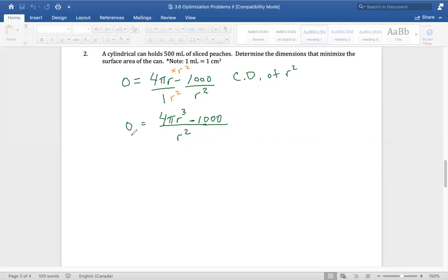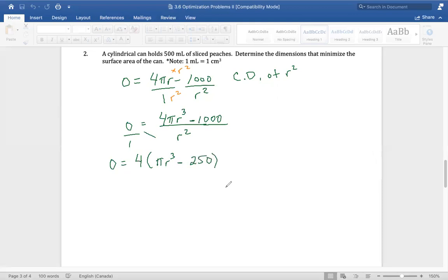Set that equal to 0. Again, 0 is just going to be equal to the numerator, right? When you cross multiply. So 0 is equal to, and if I take a look at 4 and I take a look at 1,000, there's nothing else, that's because again, we're in factoring mode here. So if I know I can pull out the 4, then I'm left with pi r cubed minus what's 1,000 divided by 4,